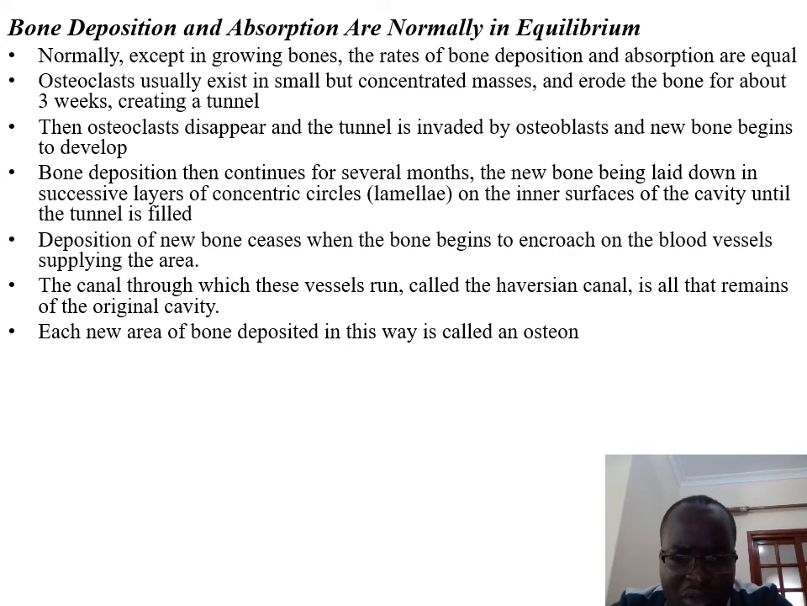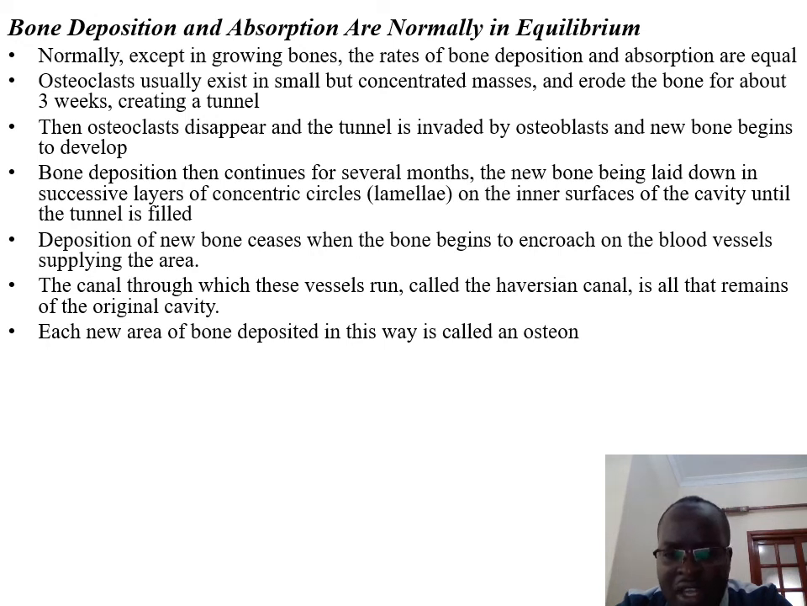Deposition of new bone ceases when the bone begins to encroach on the blood vessels supplying the area. So once the bone tissue is encroaching on the blood vessels, the deposition of the new bone will cease there. There will be control because otherwise they will be embedding or blocking the blood vessels in the central canal. The canal through which these vessels run is called the